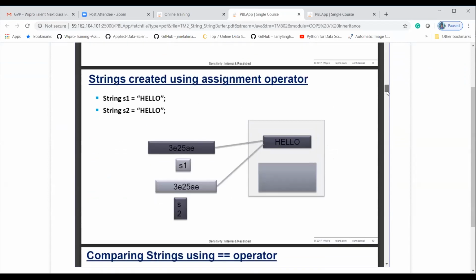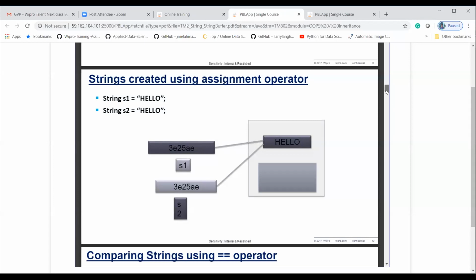The next example is creating a string using the assignment operator. How do we create a string by using the assignment operator? Here I am declaring s1 as "hello" and s2 as "hello".